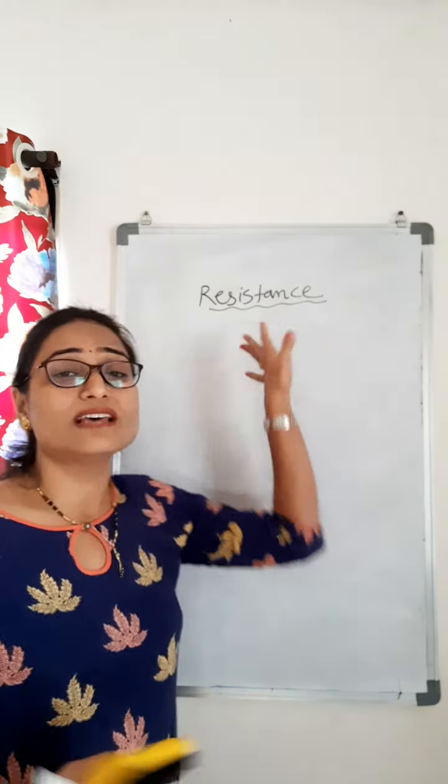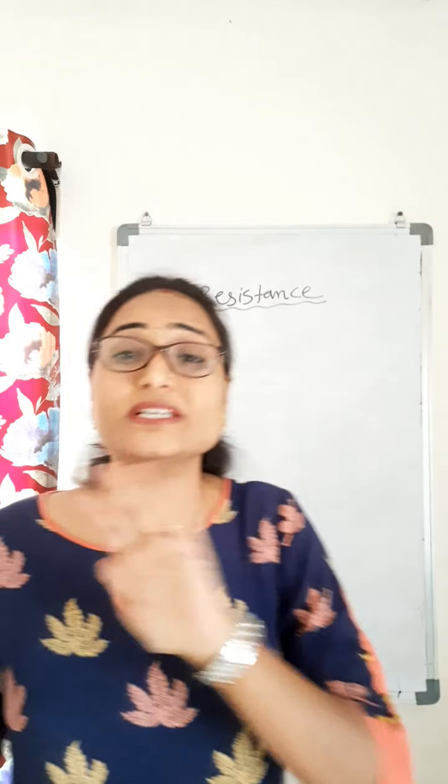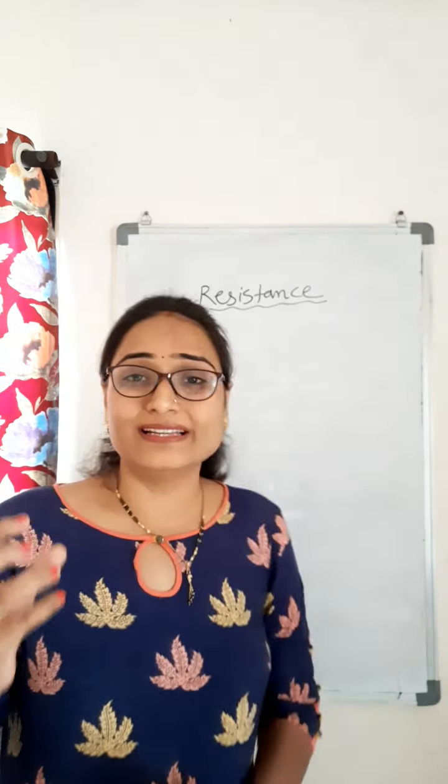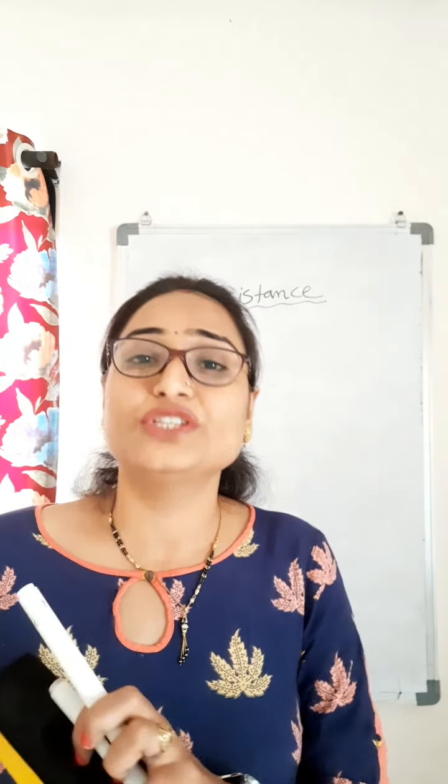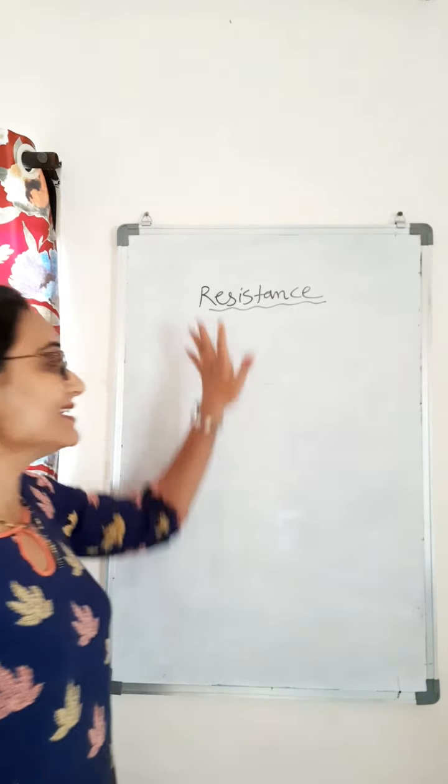So, in the electricity chapter, what is flowing? Current is flowing, meaning charges are flowing, because only when charges flow do we get electric current. This resistance opposes the flow of electric current. So, resistance is the property of a conductor which opposes the flow of electric current. So this is resistance.